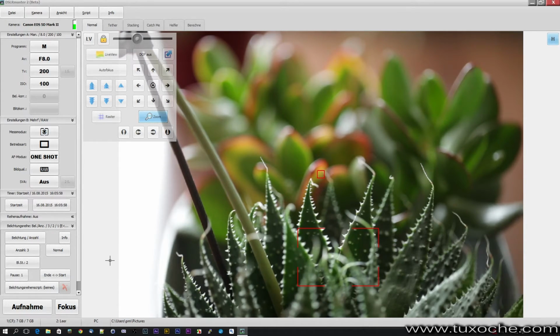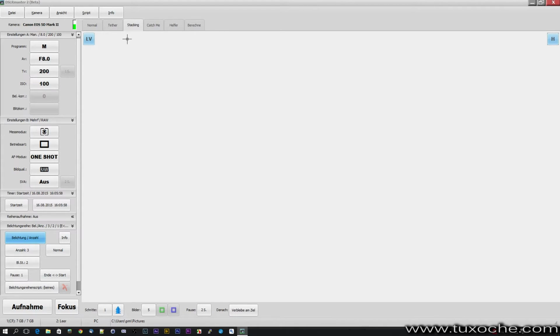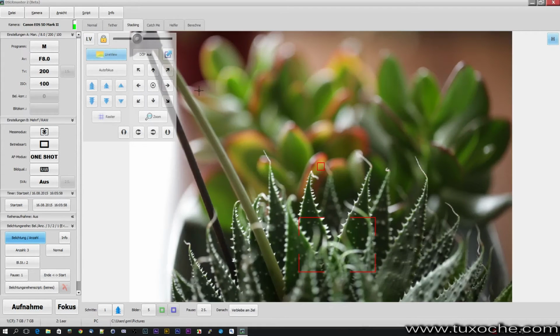I mounted a 100mm macro lens to a 5D Mark II. Okay, that would be the settings for taking a regular picture, but you're using such a tether software for stacking most of the time. We switch back to live view like this,